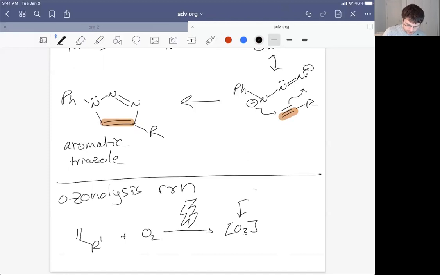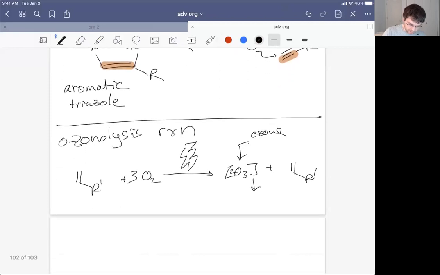Now, O3 is ozone, and if we want to do stoichiometry, we've got 3 of these, we've got 2 of these, which reacts, the ozone reacts with the alkene to form 2 carbonyls, and we use DMS,